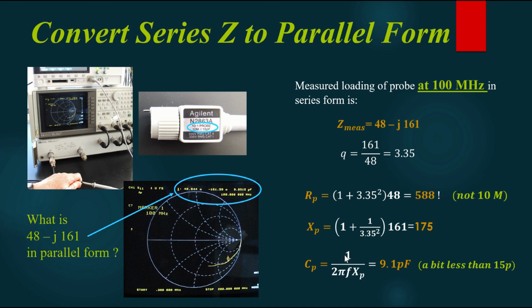If we plug that into this formula to convert to a capacitance value, it comes out to be 9.1 picofarads. It's a little bit less than 15 pico, but it's in the ballpark. So that's okay. But this 588 will load a circuit, and if you're taking measurements, you may notice lower gain, wider bandwidth,